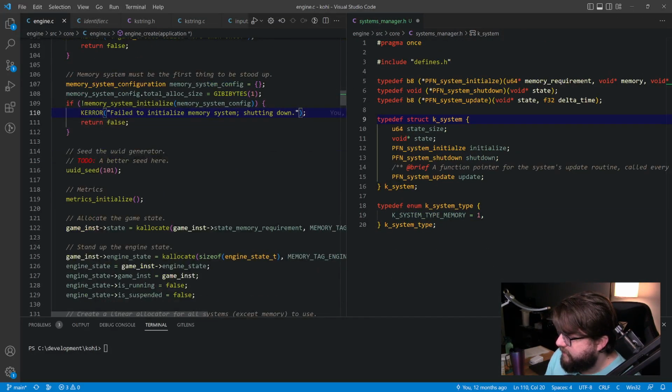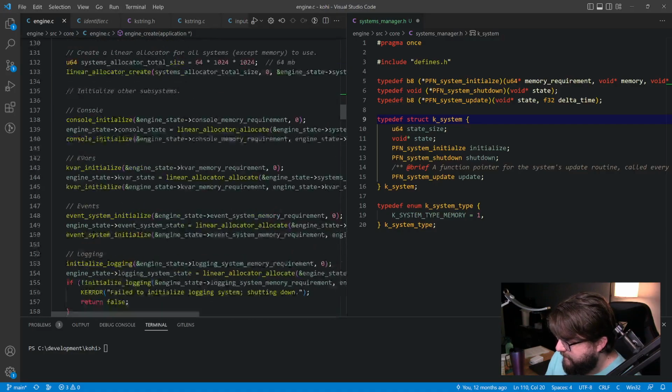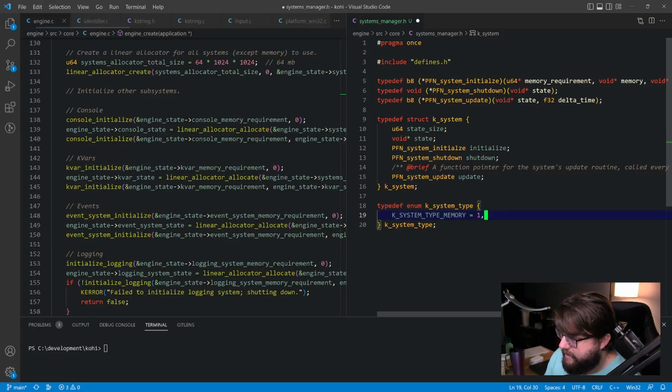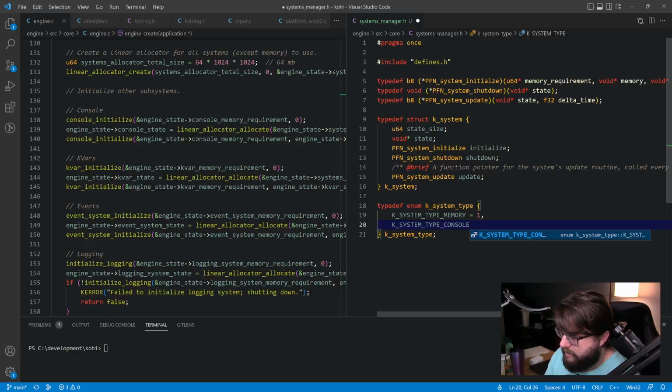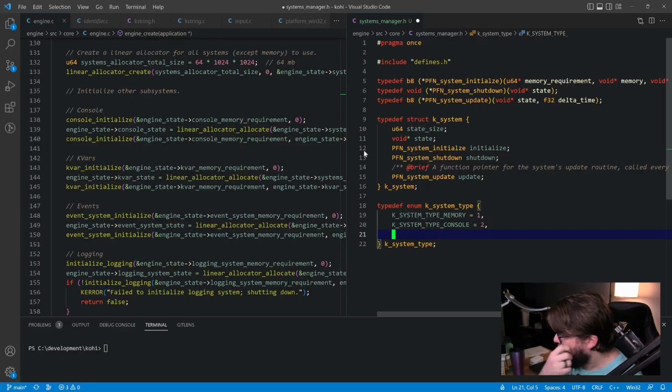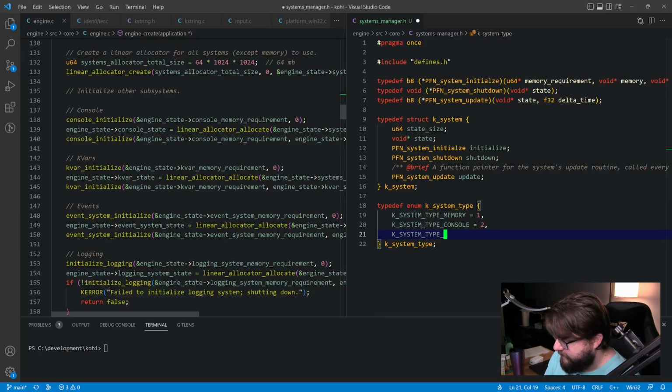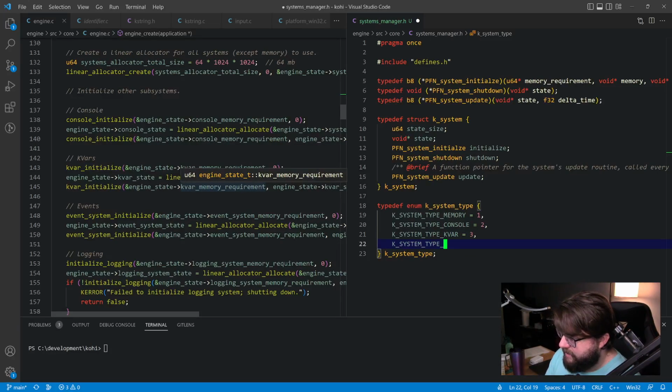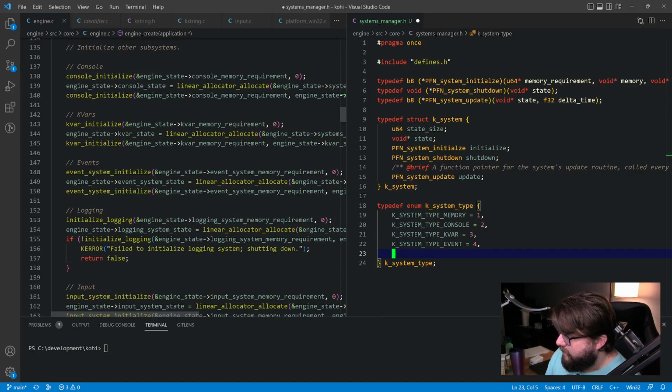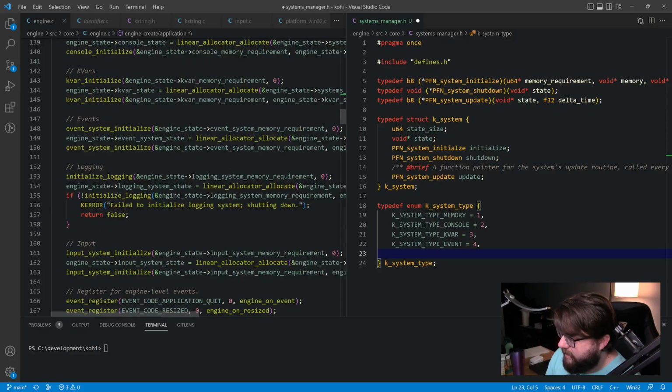And what we're going to do is basically go through and define all the systems that we have. So the next one is going to be console. That's just going to be 2. Next is kvars, so that's going to be 3. The next one is going to be events, 4, and so on, right? And in fact, I'm probably not going to define values for all of these just yet, because they might wind up